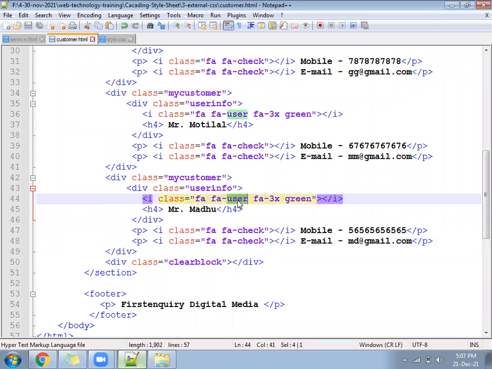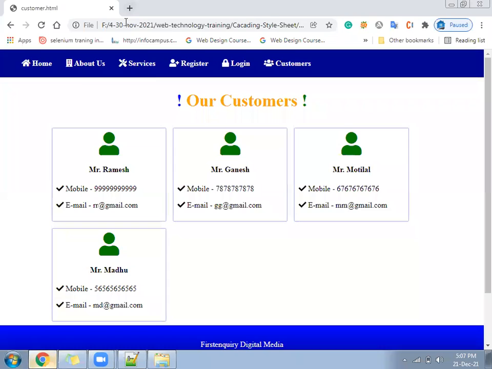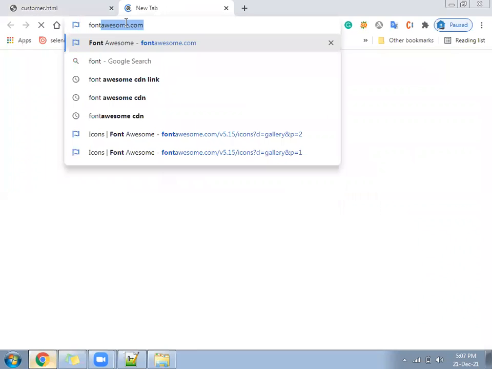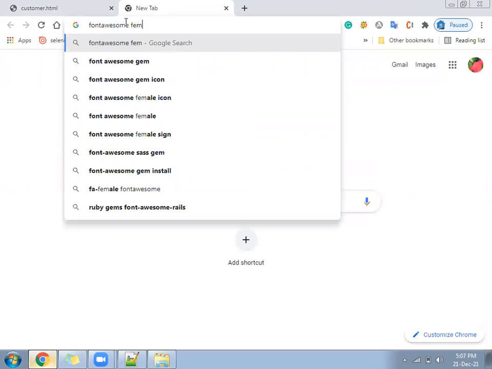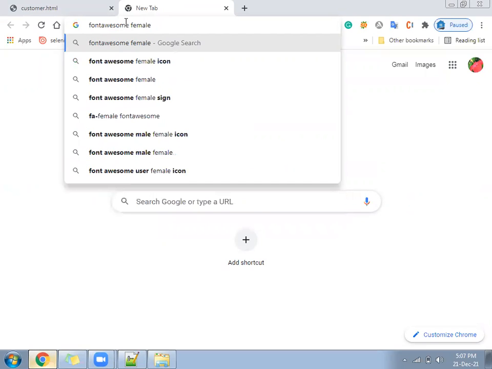What is the female icon in Font Awesome? Let me check here. Font Awesome female icon.